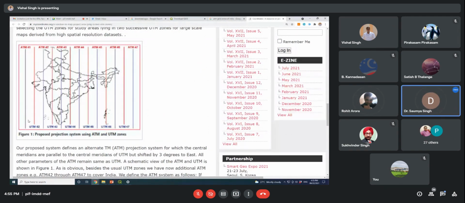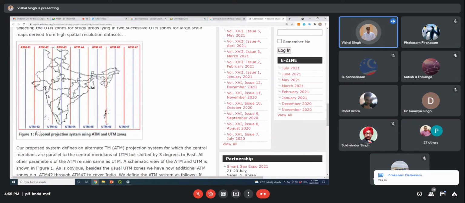Yes, sir. So here you can see that India belongs to UTM zone 42 to, I think, 46. But as you know, we are using this portion of India, so some area is coming in UTM 43 and some area is coming in UTM 44. So we can go for either UTM 43 or UTM 44.